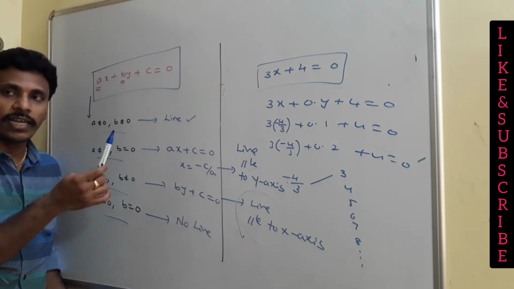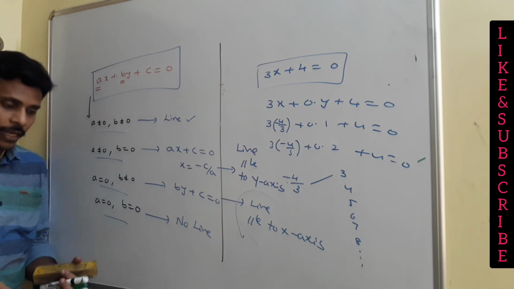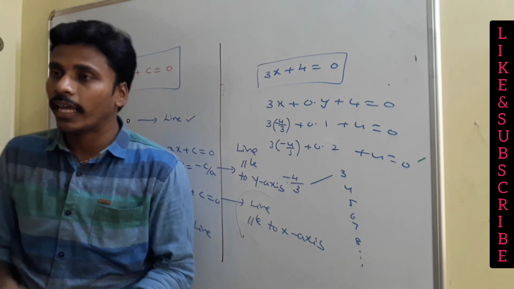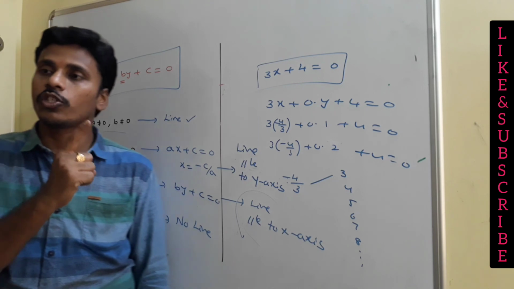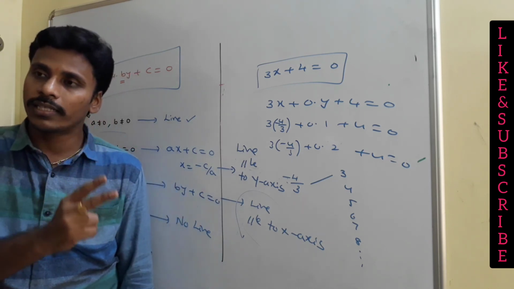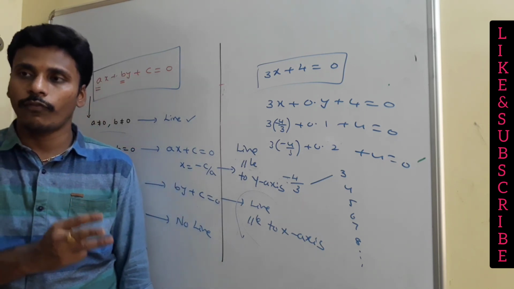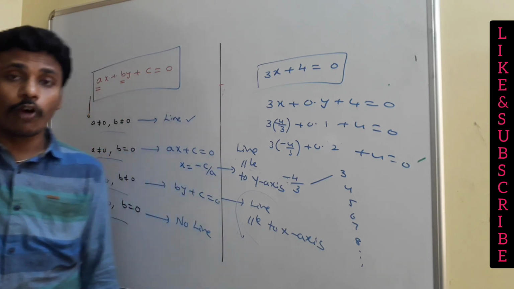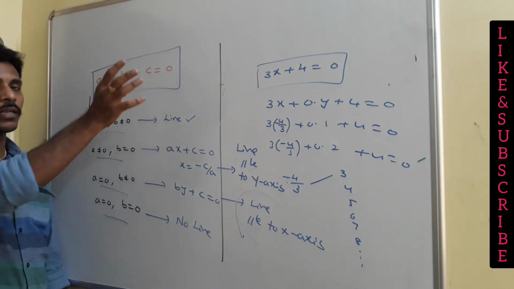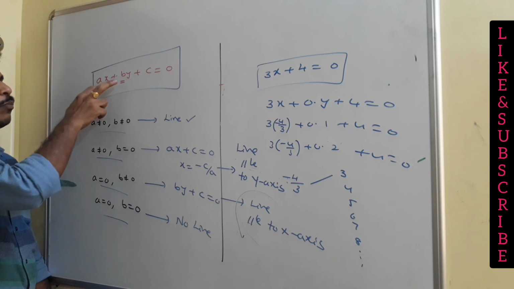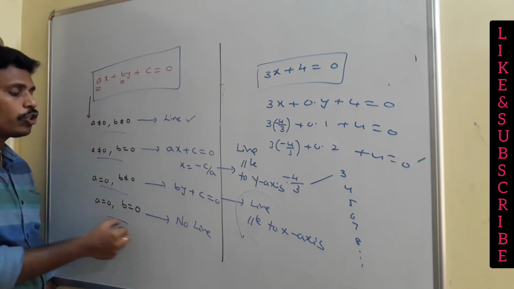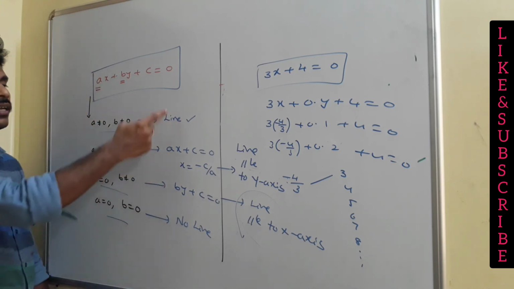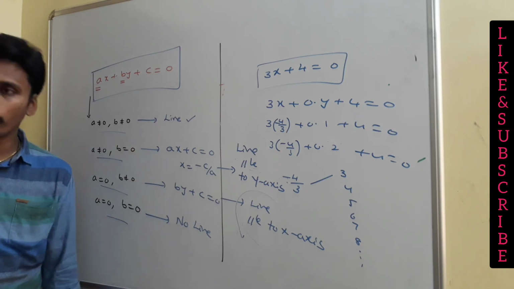Once again, have a look at this. In this class, it's the second point of the straight lines. I gave you three different forms. The first one is the two-point form, the second one is the gradient form, and the third one is the general form. You just memorize that the general form of the line is ax plus by plus c is equal to 0, provided that both are not zero at a time. If both are zeros at a time, no line will form. In all the other cases, these are representations of straight lines.